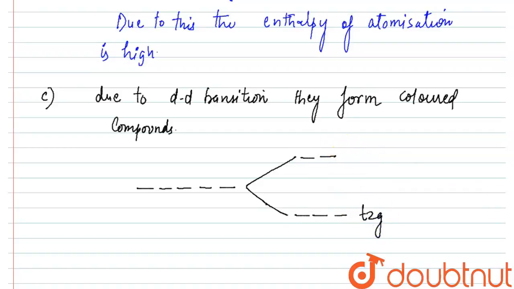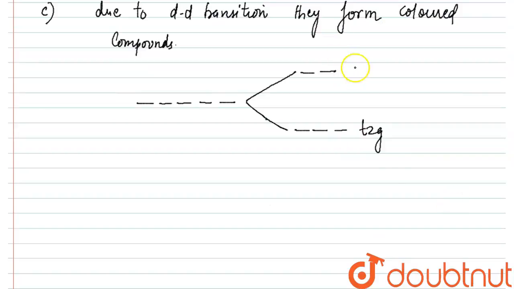This is the crystal field splitting we are talking about. Now let us imagine that there is an electron here in t2g, which is the lower energy level. Sometimes this electron takes energy from visible radiation and jumps from t2g to eg,